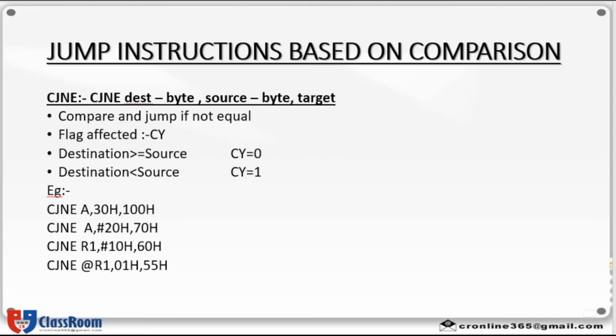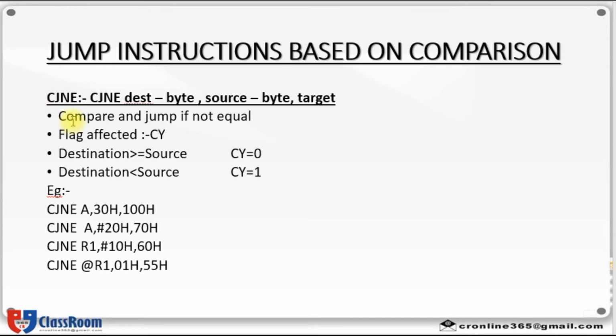Then, next are the jump instructions based on comparison. This instruction type mainly uses the instruction CJNE. CJNE means compare, jump if not equal. That means you have to compare the destination byte with the source byte.